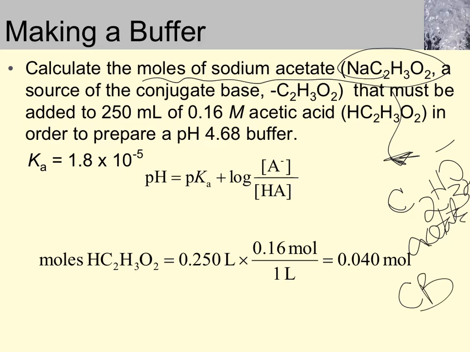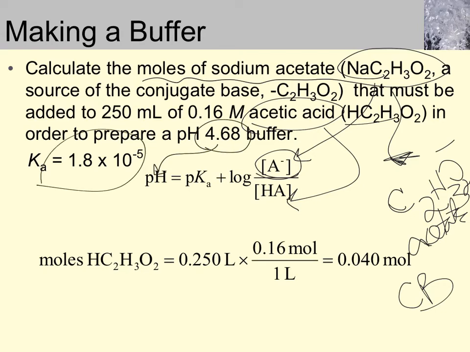So they want you to figure out the moles of the conjugate base that must be added to acetic acid, which is the weak acid, in order to prepare a buffer with a pH of 4.68,